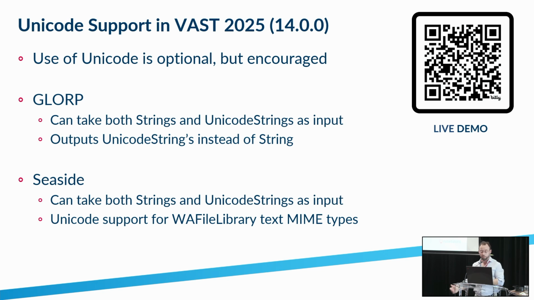And in C-side can take both strings and Unicode strings as input, and also we have Unicode support for the file libraries. We have a special way to represent that as ASCII text. We preserve the white spaces, so basically you can have a pretty much ASCII representation of whatever Unicode content you have that's text mimetype. And although this demo was small in scope, it demonstrates that in the next release of VAST, all of our users will be able to fully utilize Unicode when developing CSI or GREASE applications that also